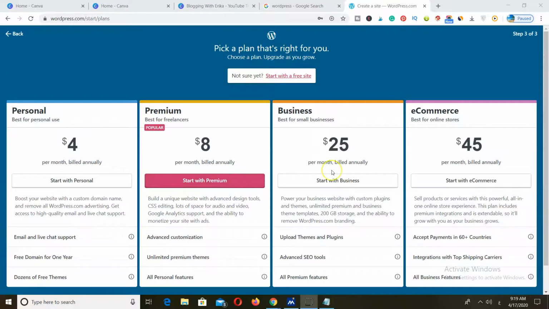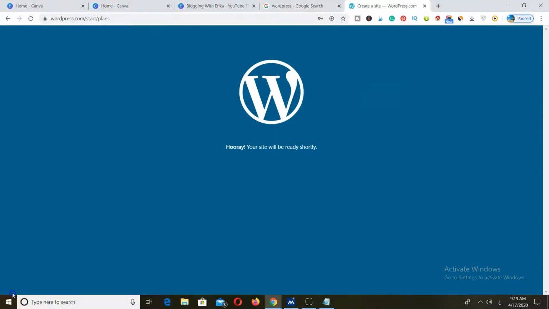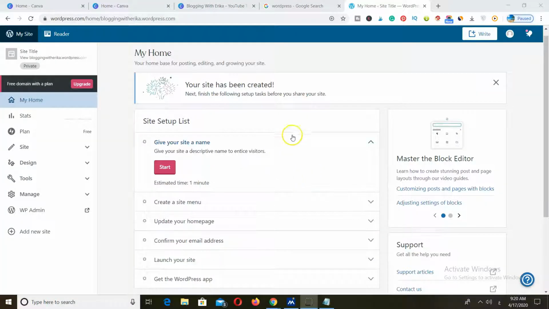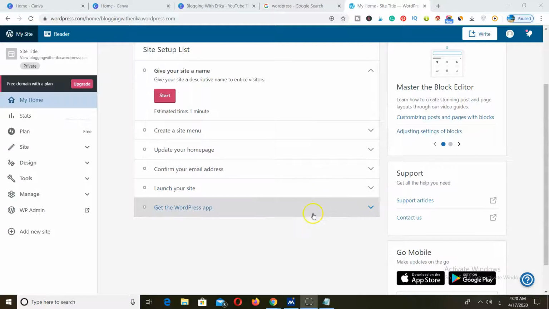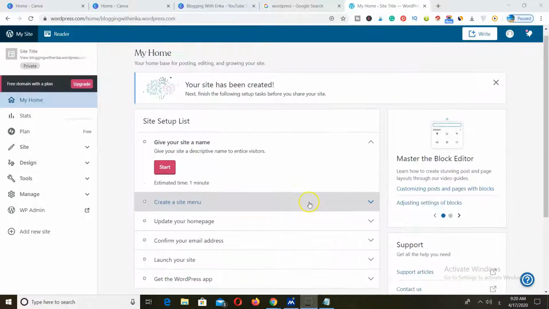You don't need any of that because you're just starting out, so you want to go ahead and start with a free site. Just click this button up there, and it's going to take you to this page where you're going to have a checklist of all of the different things that you need to do before your site is ready to go live. Now the first one here is to give your site a name,